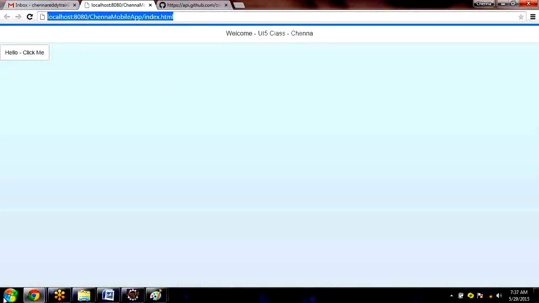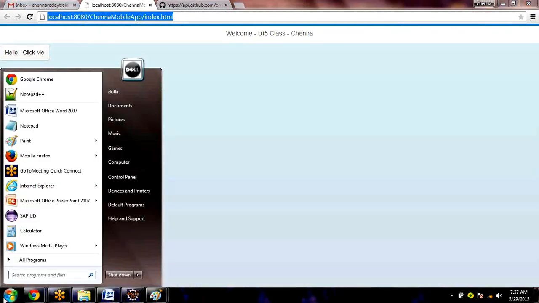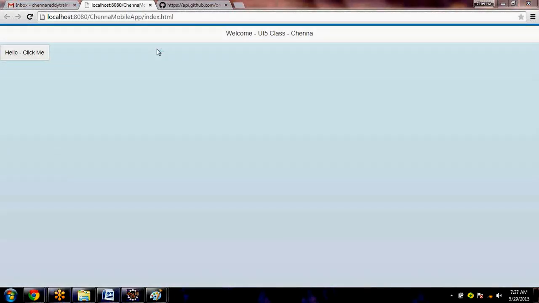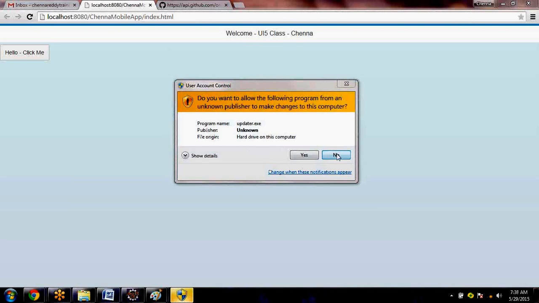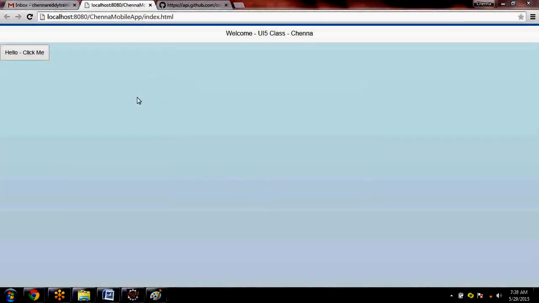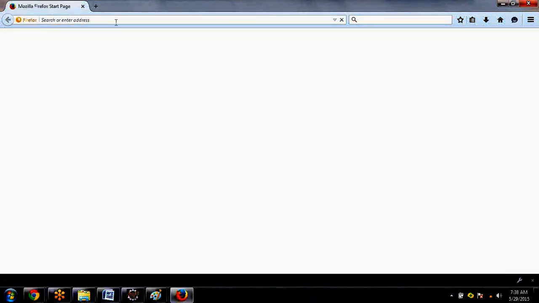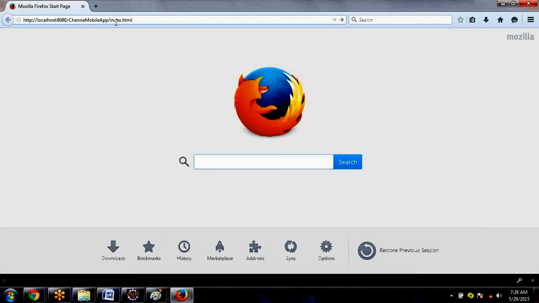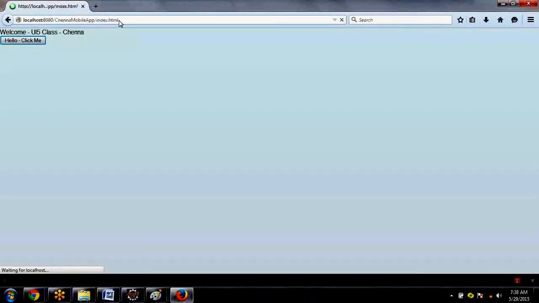If something is cached, let's see in the Firefox. Okay. Now here also it is not coming, so that means we have a challenge in our coding. Now let's go ahead and look at what the challenge is.